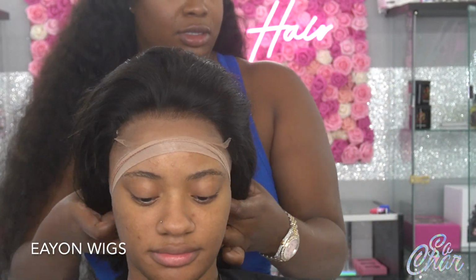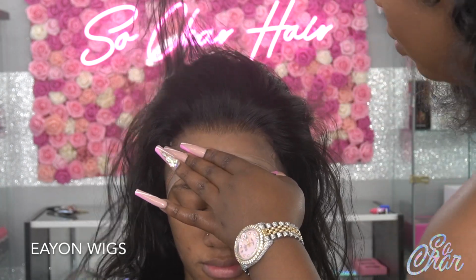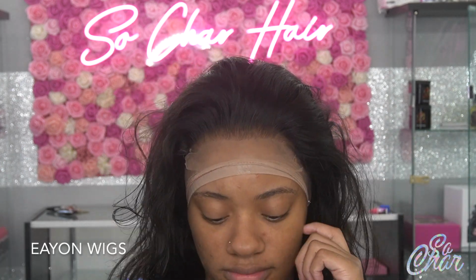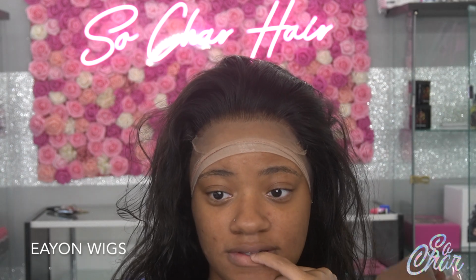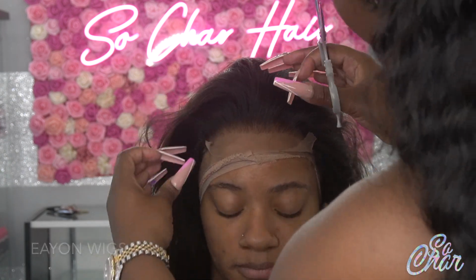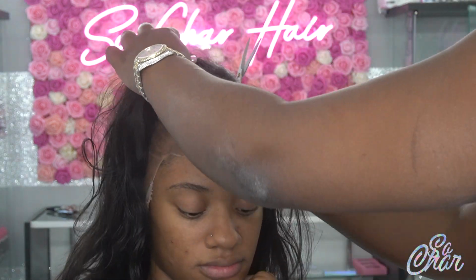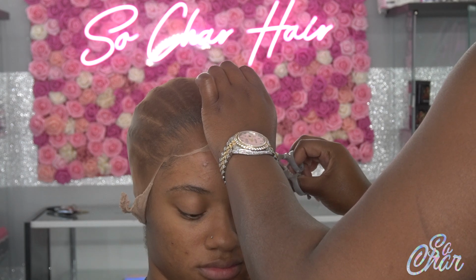So today I'm going to be installing this closure wig on my lovely client Taylor. So first thing I'm doing is I was just pushing the hairs out the way with my hot comb. I'm gonna go ahead and cut around the lace. So basically, since it's a closure wig, I won't be fully gluing around the full perimeter of her hair. I'm only going to be spraying the front part of where the closure is, and I'm actually gonna cut around